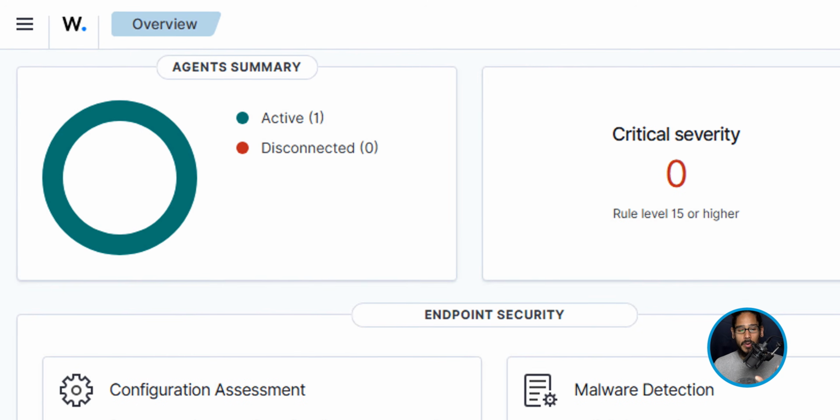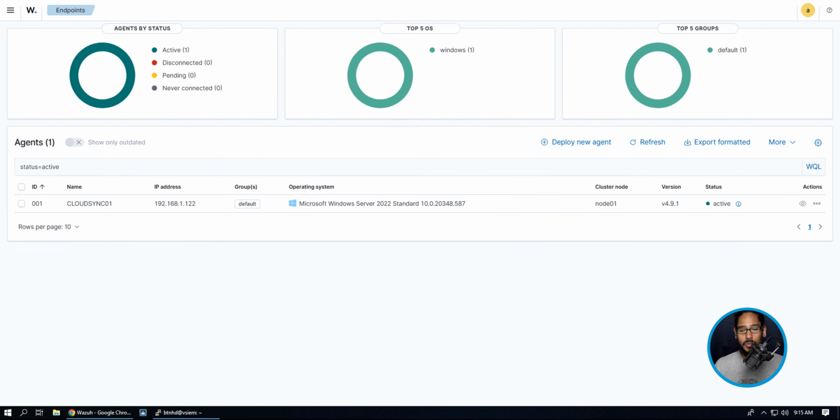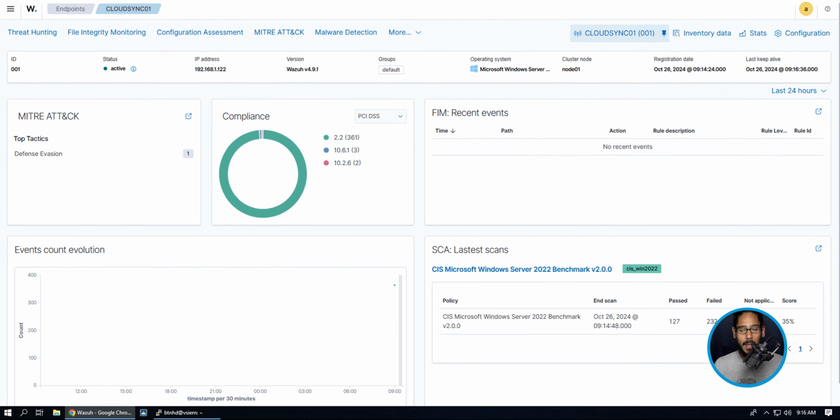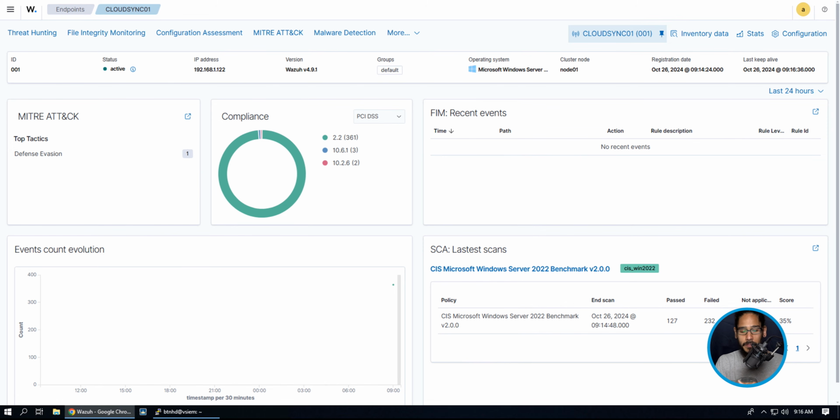It takes some time. Go back into your Wazuh or Wazoo console, and on the upper left-hand side where it says agent summary, you should see active one, which is good. Active one is actually a hyperlink, so click on it. It should load you here to all the agents that you have, which for us, we only have one. So you are able to just click on the name of your computer and it's going to load here. It's going to give you all the information.